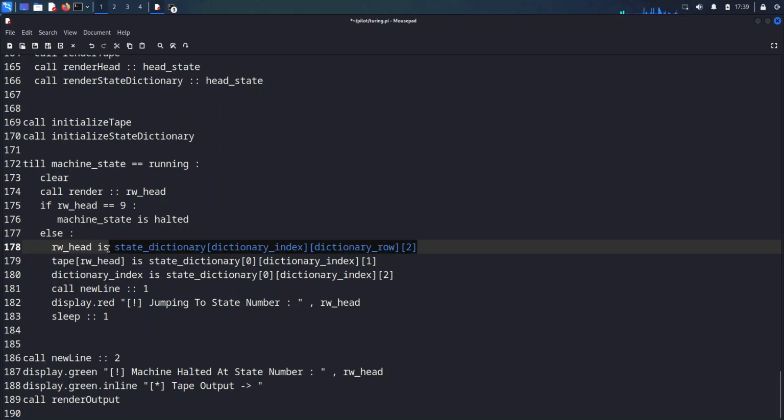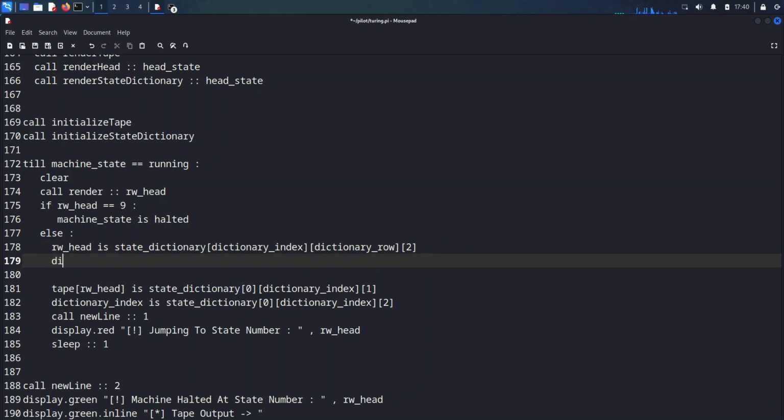I think the dictionary index... Oh, so the dictionary row is... but then I think we have to use temporary, right? We use temporary. Let's make it caps. Temporary dictionary row is